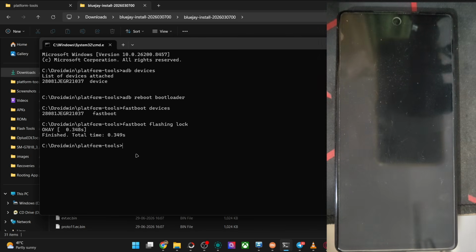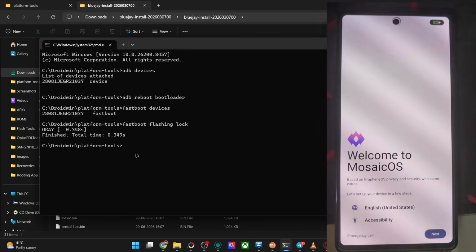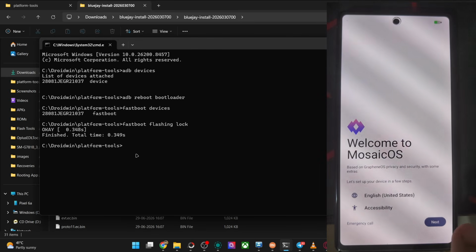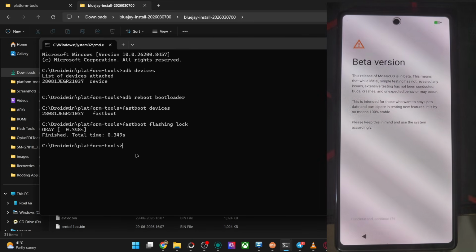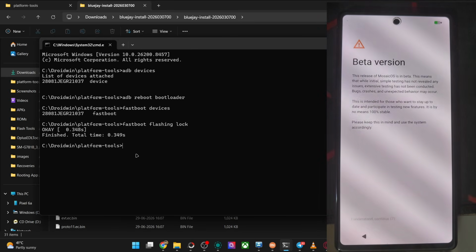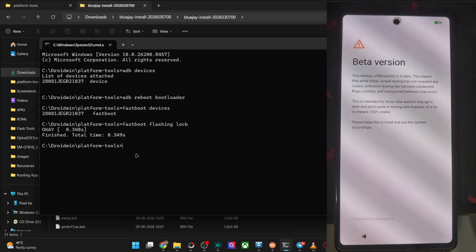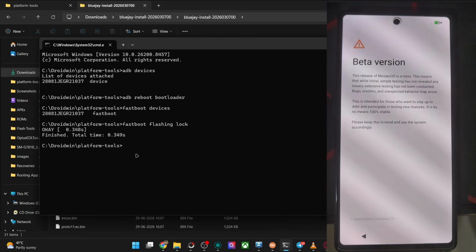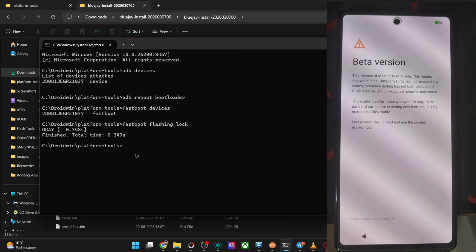That will be much easier for you. And now it will take a few more seconds. And as you could see, we are now inside the OS. There is no warning of phone unlocking. You may tap on next. It's a beta version. Okay, no issue with this. Wait for a few seconds. I understand. Continue and then tap on that. After 5 seconds,